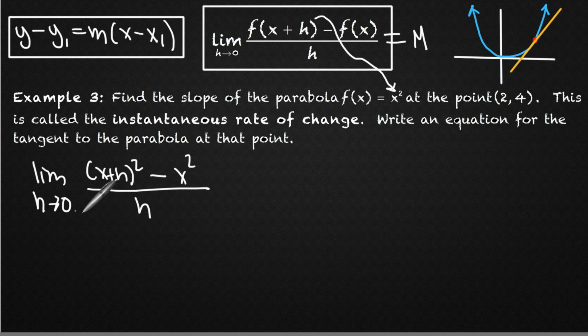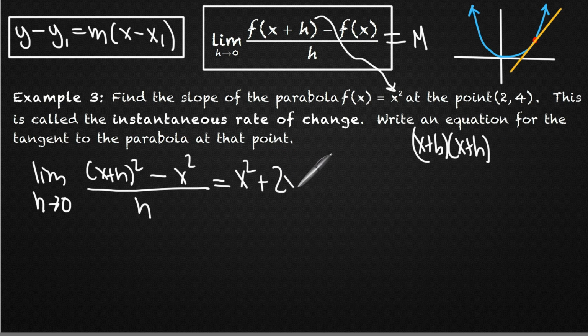Now, we've already done these limit problems before, so you should have a good idea how to do this. You need to FOIL this. Please don't make the mistake of squaring x and squaring h. You need to actually FOIL this out, so x plus h times itself. When you do that, you'll get x squared plus 2xh plus h squared minus this x squared right there